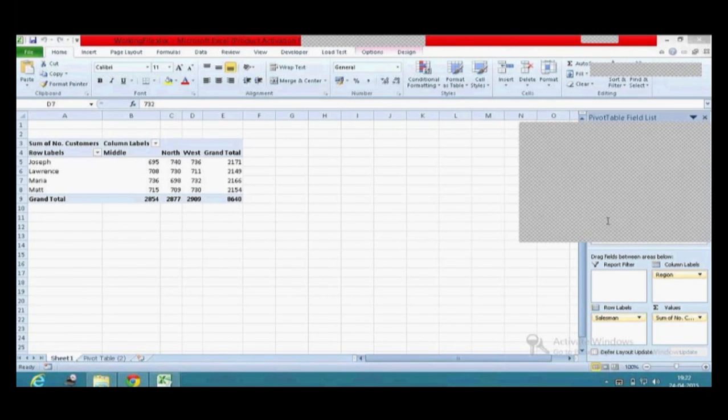So the question is, can we have multiple text columns, in the sense that you want to have multiple row labels, multiple column labels, or multiple values? Row labels, very well, you can. You can have multiple row labels, you can have multiple column labels. Now I'm going to come to that. Since we have done the basics, this is the basic pivot table.